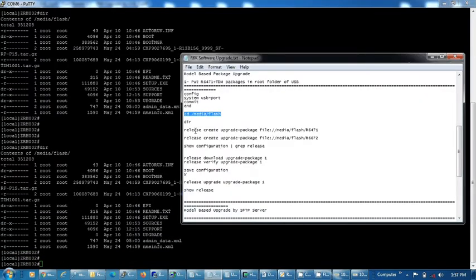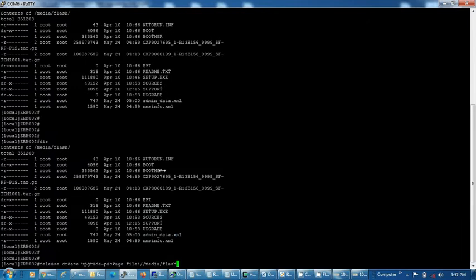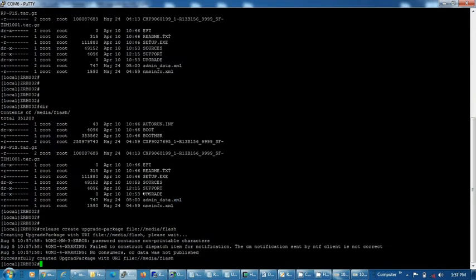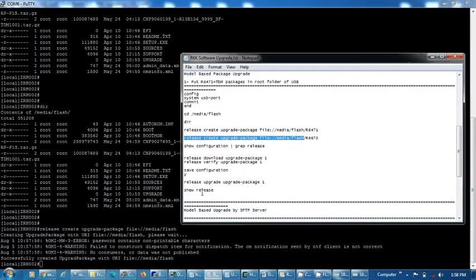This dir command will show me the files in my USB. My first command is this. It creates the package.